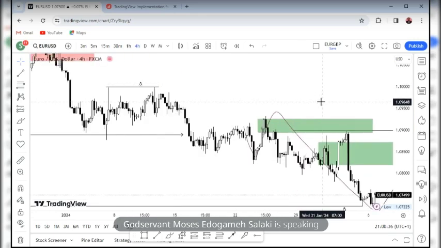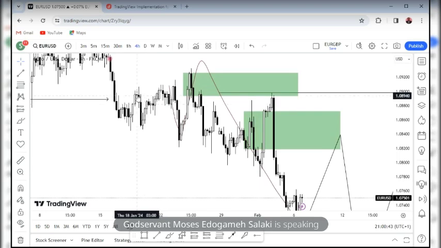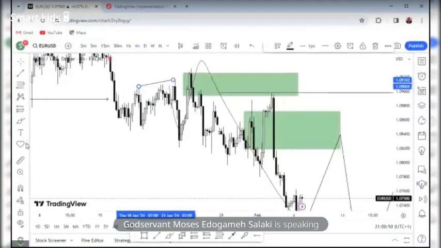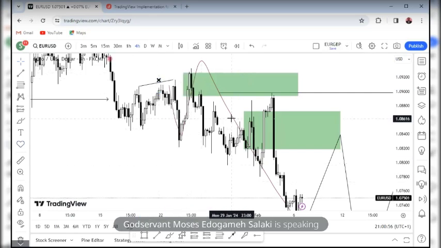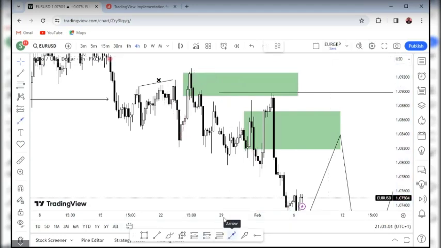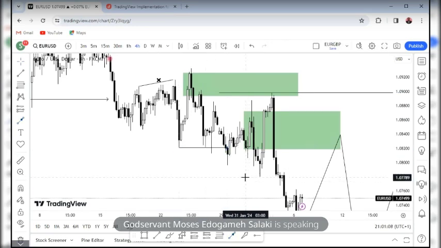But for now, look at the structure that price gave. Price gave another defined range. I already told us what a defined range is. Defined range is that price will sweep liquidity. As you can see, look at all of these. Price took them out. This is a sweep of liquidity, and price broke. Price broke lower. Please just follow me gradually. So you see, price broke.